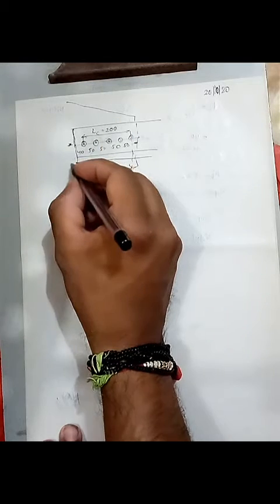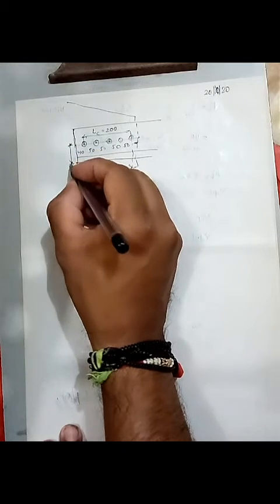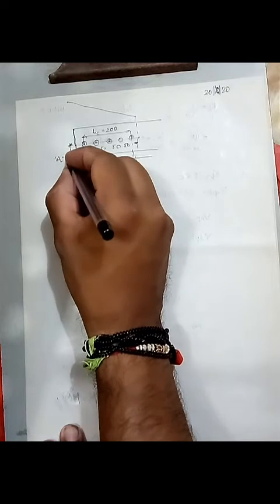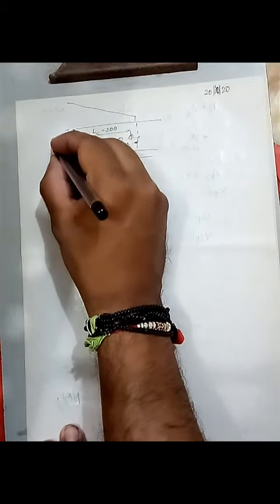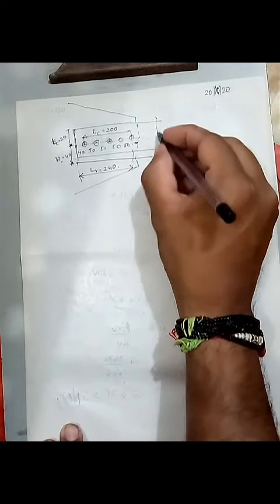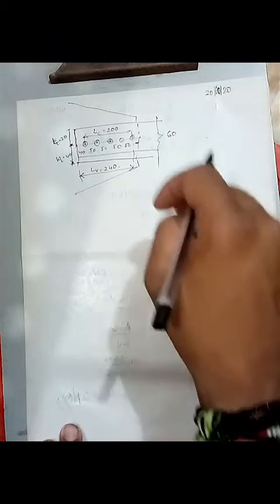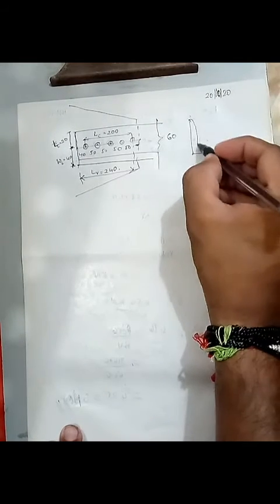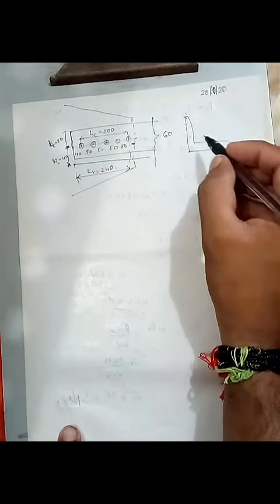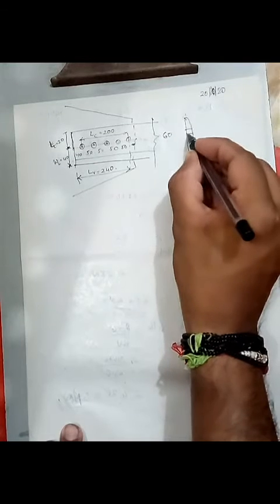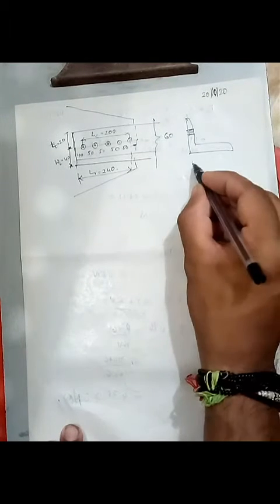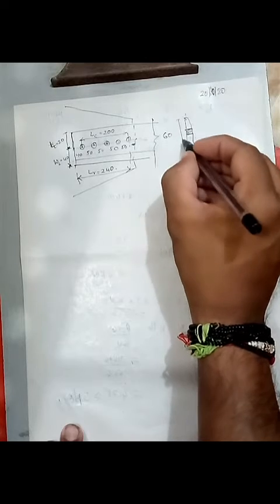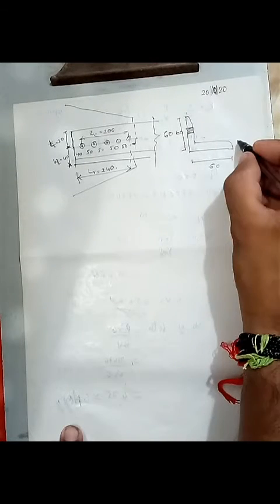And this is WL 40 and TL 20. And the overall angle size you have taken is 60 by 60. So this becomes 60 and this becomes the side view of it. This is the side view and this is the place where the bolt is fixed. So this is 60, this is 60, and this 8 is the thickness.